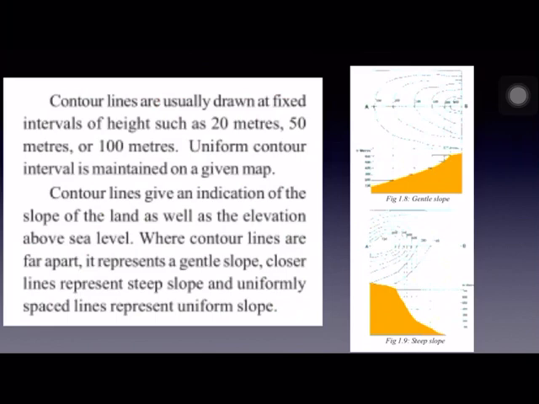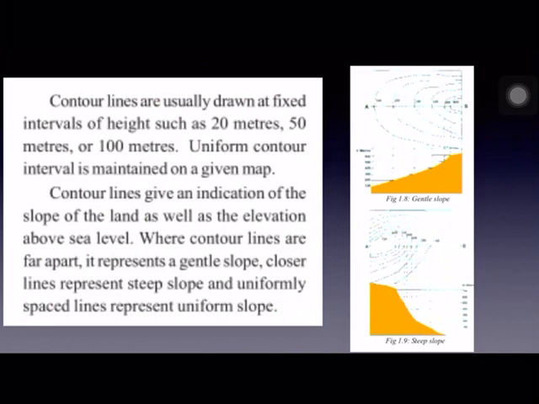And in the same way, isobars. Isobars means lines joining places on a map receiving equal atmospheric pressure. Having equal atmospheric pressure, they are joined by using isobars. Isohyets, places which have equal amount of rainfall, they are joined on a map by using a line, and this line is called isohyets. So, isolines means lines joining places with some common features.